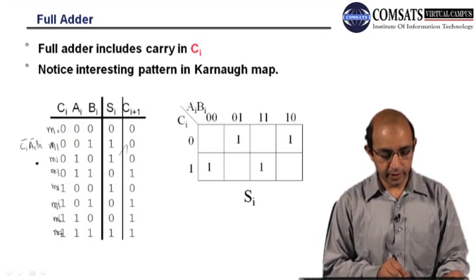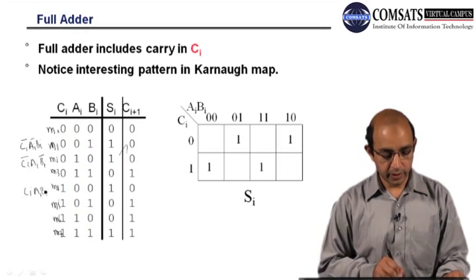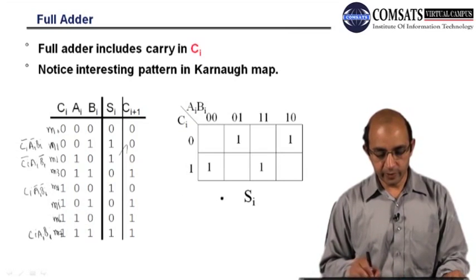Here I have Ci bar, Ai and Bi bar. And I have a 1 here, that is Ci Ai Bi, here bars, and here Ci Ai Bi. So what I will be doing is, for the sum,